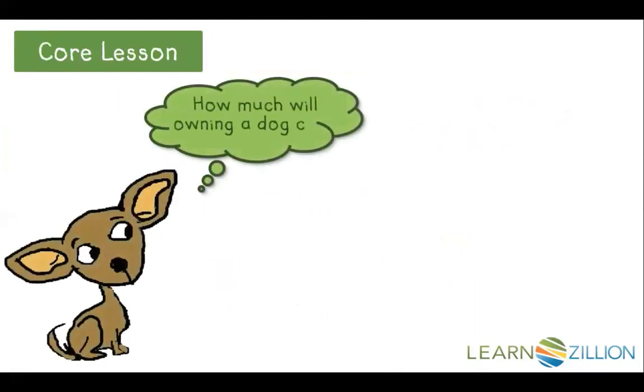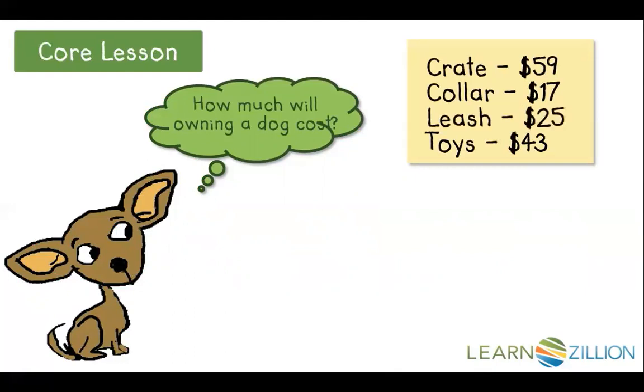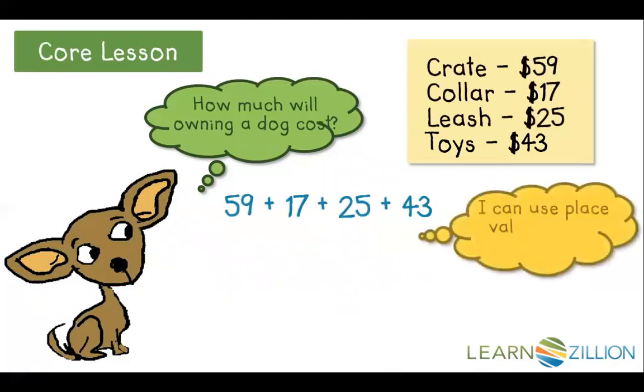Now let's think about how much it will cost to own a dog. The crate will cost $59, the collar $17, the leash $25, and the toys $43. To get the total cost, I will need to add 59 plus 17 plus 25 plus 43. I can use place value to help me add bigger numbers. I can first look at the tens and add